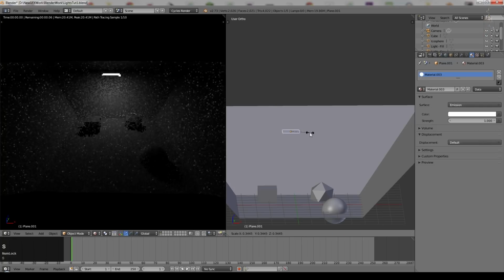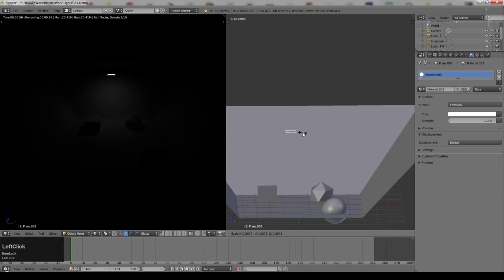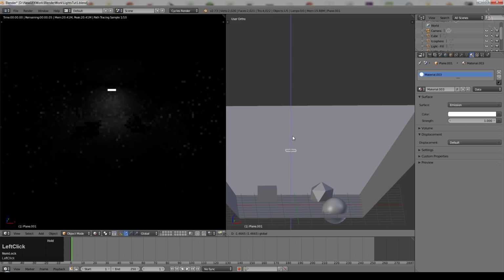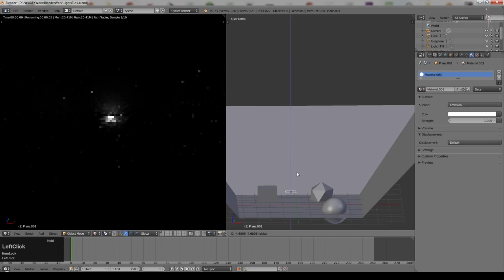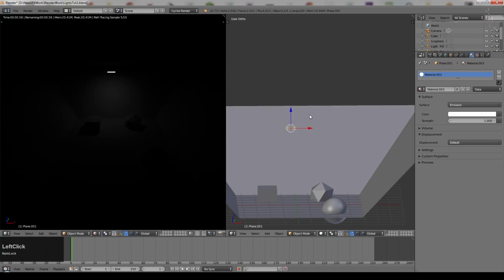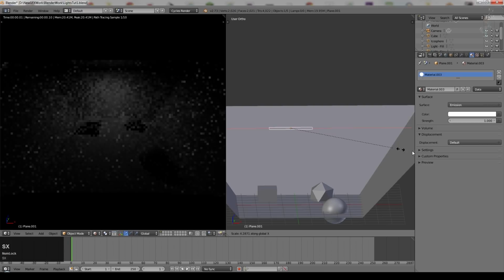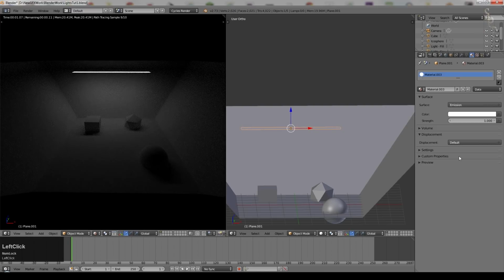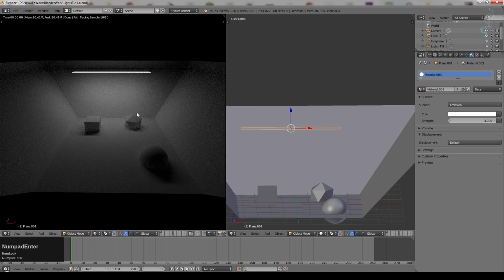Now if I make this smaller, one of the first things that is obvious is the light actually gets dimmer. It's quite intuitive, so it's not really a surprise. So if I bring it down closer, again, there's obviously a fall off. And again, there are nodes that allow you to adjust this, but I'll cover those in a more advanced tutorial. And if I scale this on the X, you can see we're getting more light coming from it. Perhaps turn the strength up over here. Put that at 3, so that's illuminating our scene again.